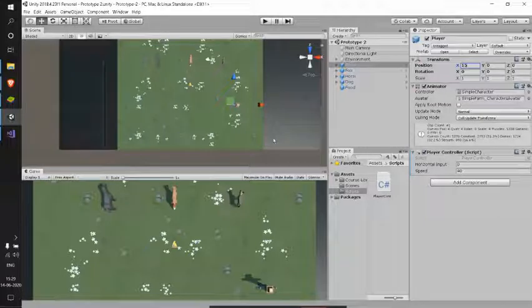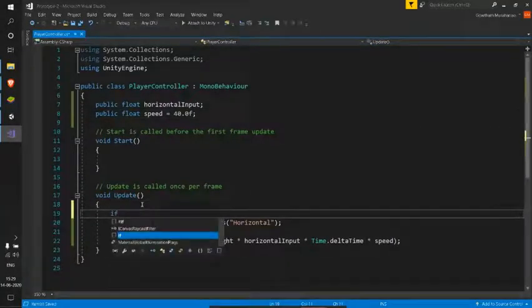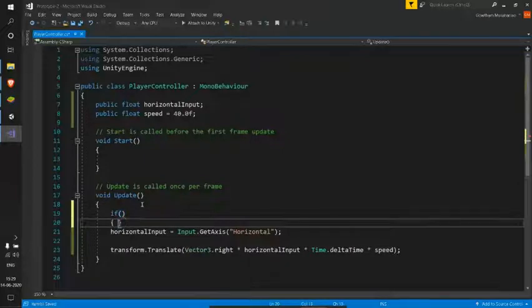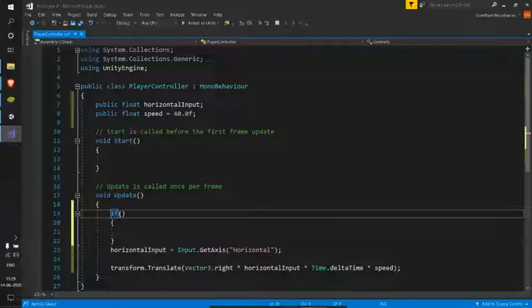So we can do that by using something called an if statement. The syntax for if is this. If we write if, we need to give a condition here.